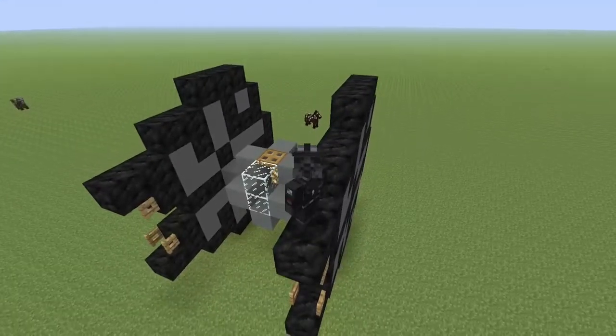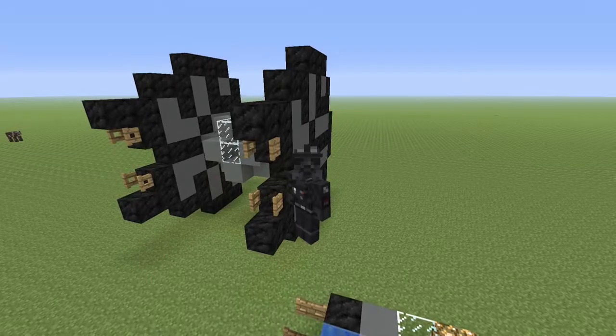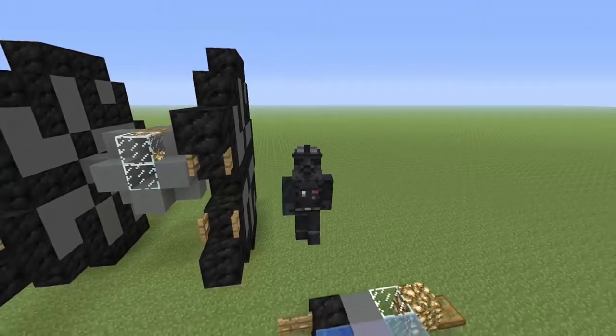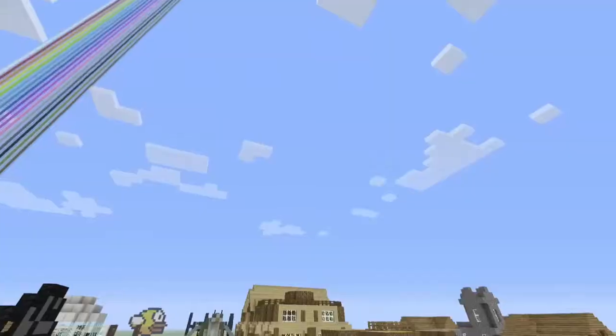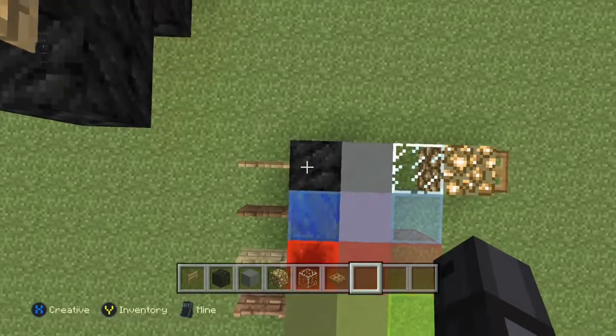Last time we tackled the Imperial TIE Fighter, and now we're back, but this time we have the TIE Interceptor, which is another version of the TIE Fighter, but much more deadly. Let's get started. Okay, to make this beauty right here, we are going to need a fence gate, a darker